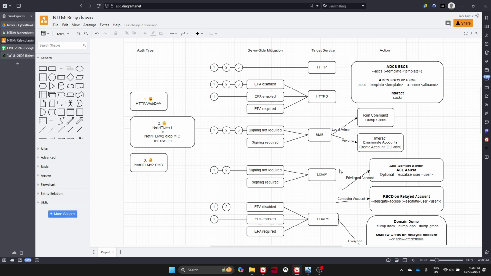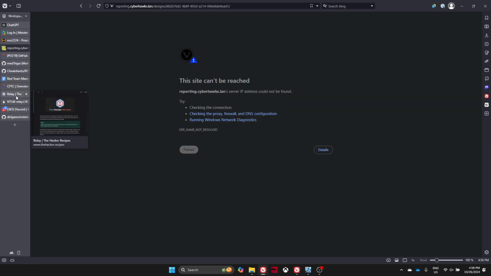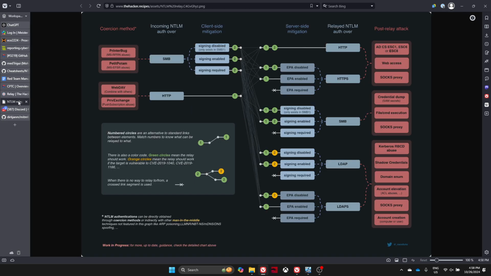So where did I get this from? I did not come up with this. I got it from the hack recipes right here. However, there's a lot of unnecessary information here, and I don't like the way that this is presented, where they're